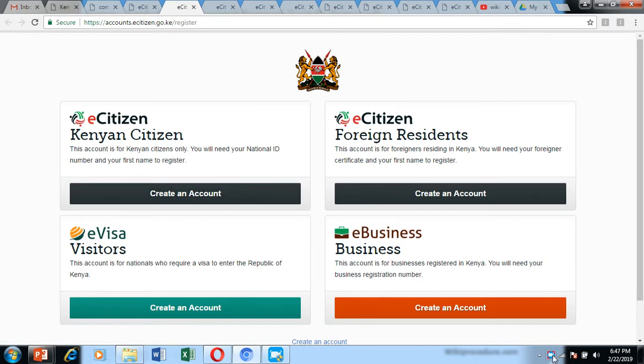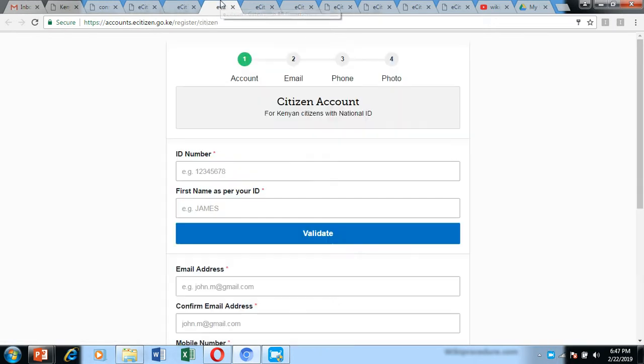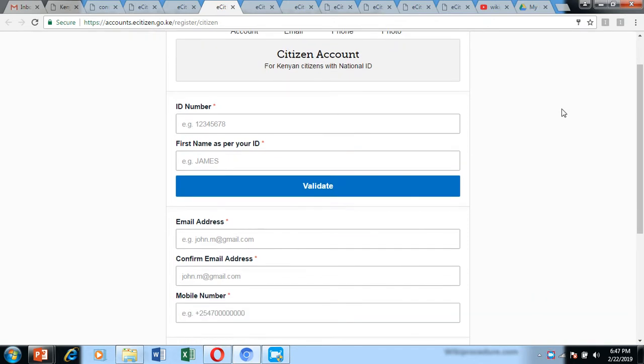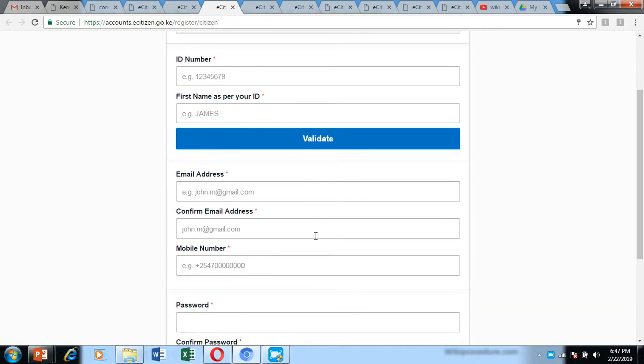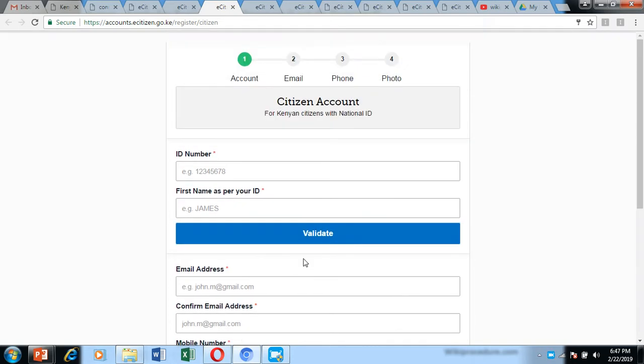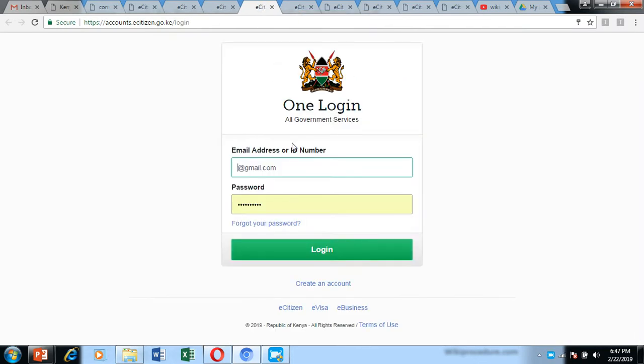So click create account, and after clicking, you're going to be sent to a page where you give your information: your ID number, your name as per your ID, and validate the information. Give your email address and mobile number, which are going to be used to validate your account. After validation of the account, you'll be able to log into your new eCitizen account through the login page, and just type your